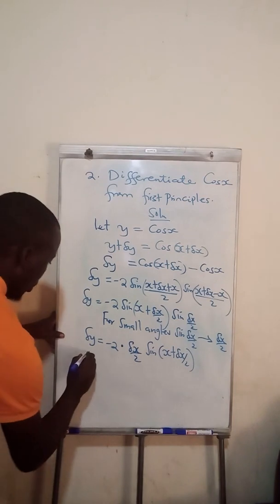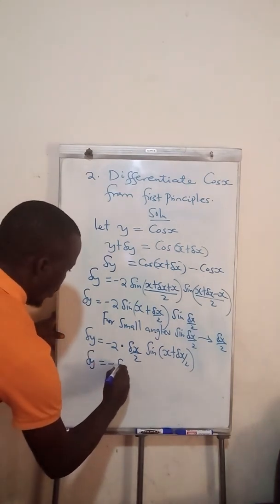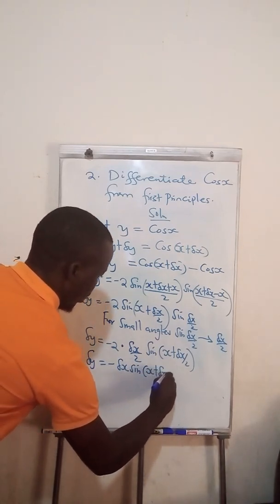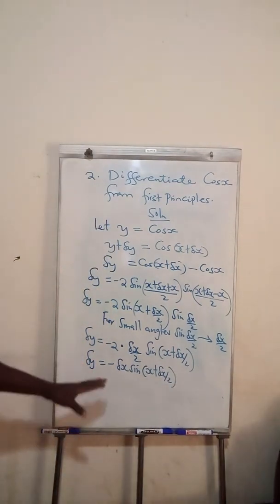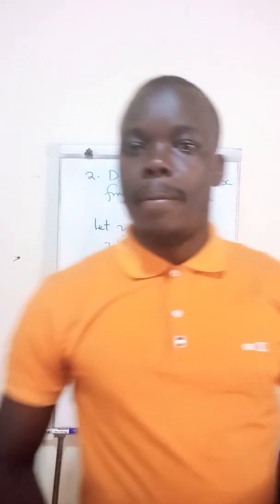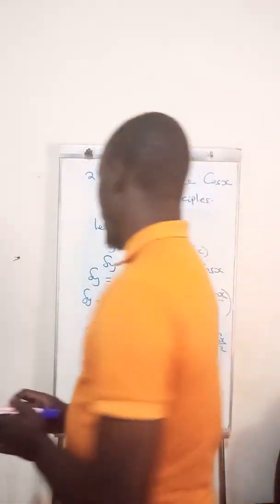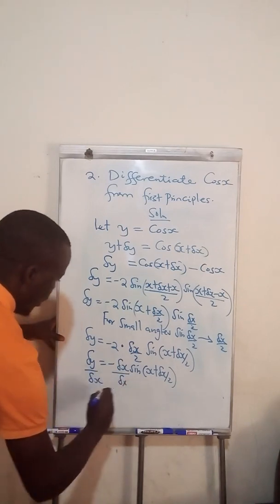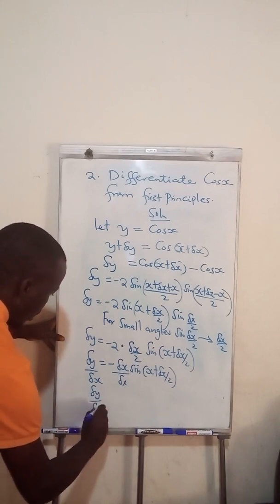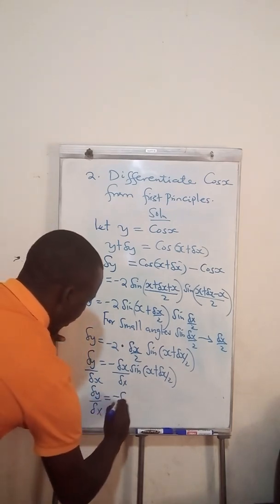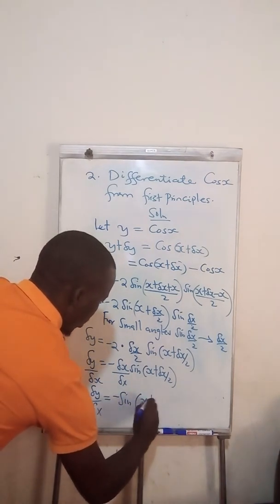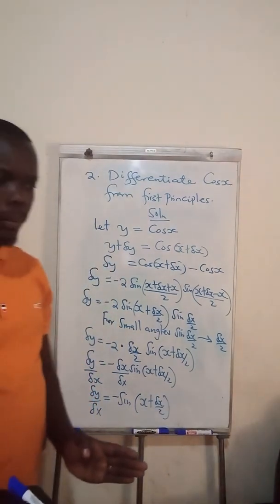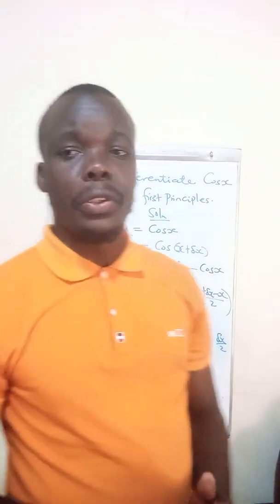We can't ignore it. So it means delta y will be minus delta x, but sine of (x plus delta x divided by 2). The next step from this point is going to be dividing both sides by delta x. So dividing means we are going to divide this by delta x and also divide this by delta x, so that we have delta y out of delta x giving us minus sine of (x plus delta x divided by 2). Then from here we make the last assumption, and that is as delta x tends to 0,